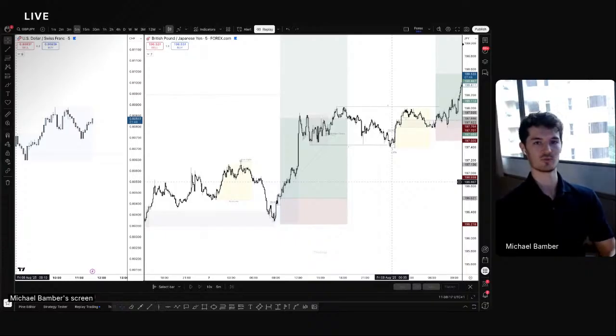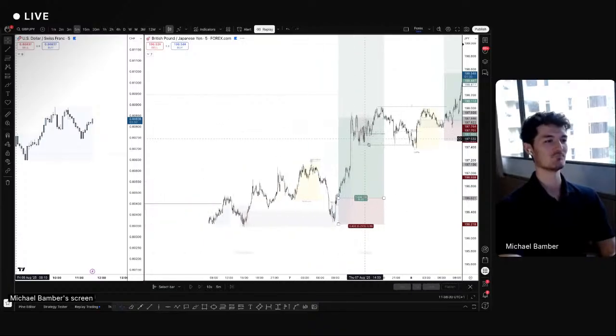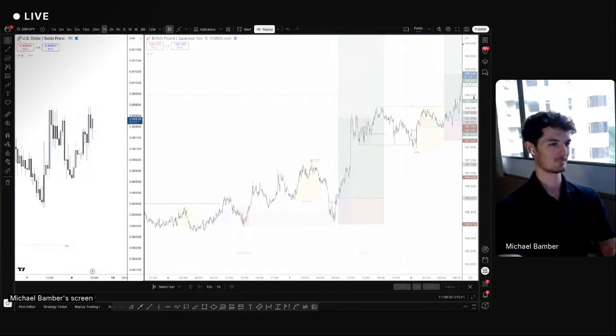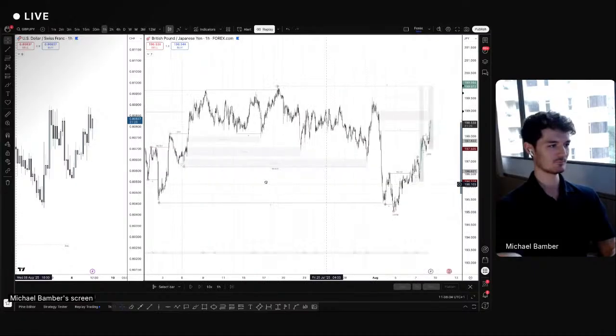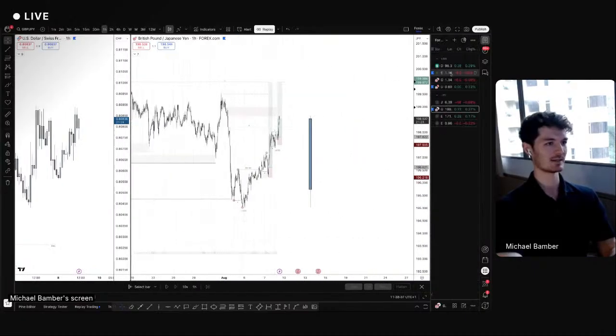So usually what we'll find is there'll be a clear unmitigated POI or an obvious liquidity pool. Price will do it with such a degree of precision that you would look back on that and say, woof, that's crazy. I could show you multiple examples, right? So that's that. Even if we were breaking down euro dollar,